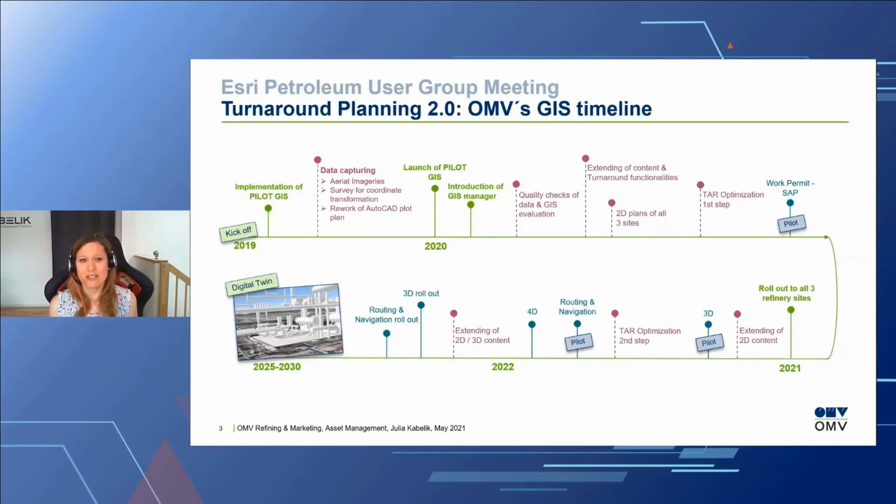The next task that I had was that I had no refinery background. So it was important for me to get to know the refinery way better and to have a lot of workshops with different departments to see where the GIS can be used. One department that I found can use the GIS without really a lot of content in it was the turnaround department. The only thing that they needed in the GIS was a high resolution orthophoto and a layer where they were able to edit things. So therefore, I took most of my power to this turnaround department